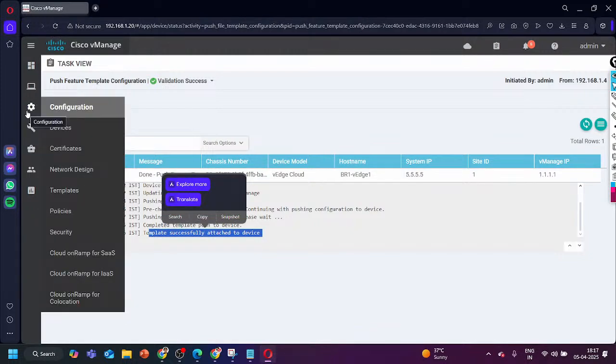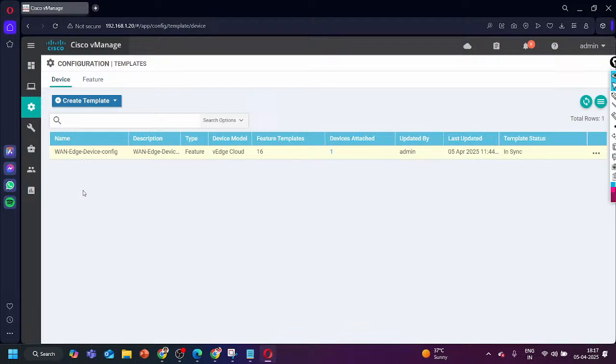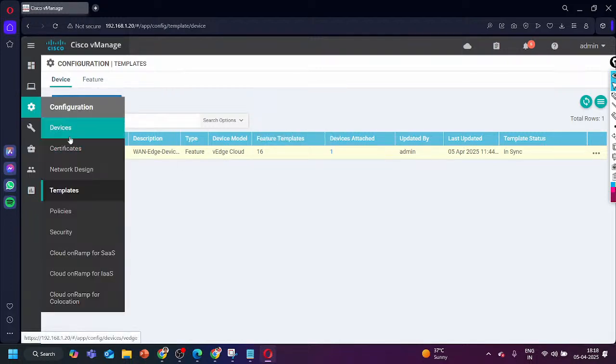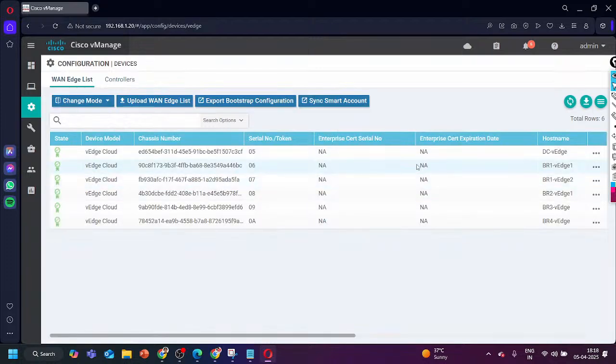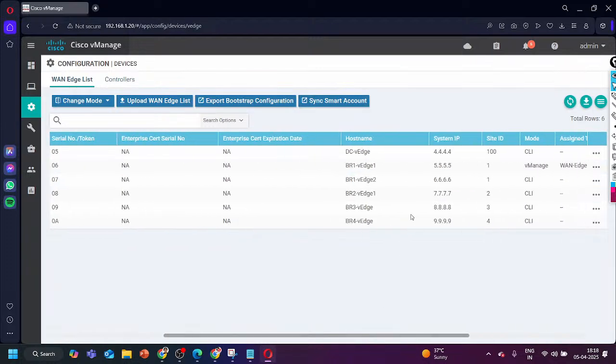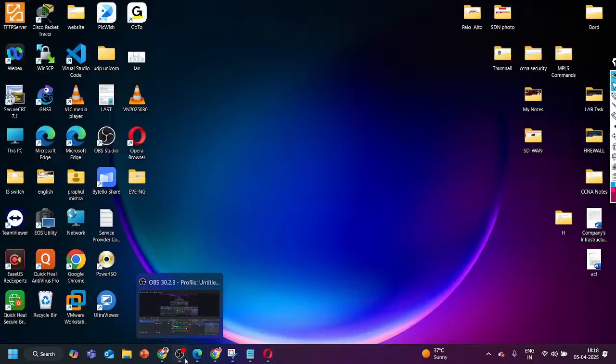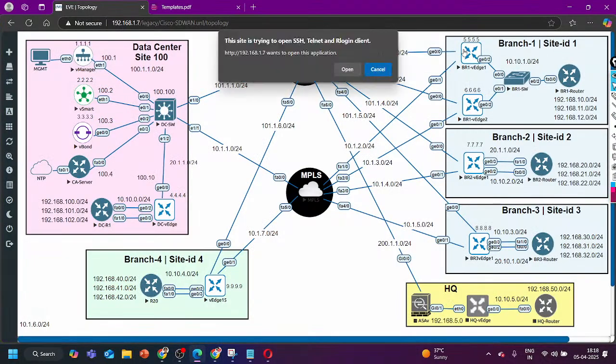Now if you go to the template, you can see the attached device is showing 1. Correct? Yes. Now if you check the device mode of branch 1 VS1, my 5.5.5, you can see the mode of this device is vManage. Right now, through the CLI we can also verify those configurations. Like if I access it through the CLI now,